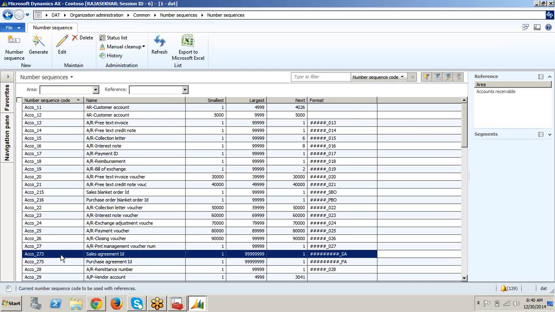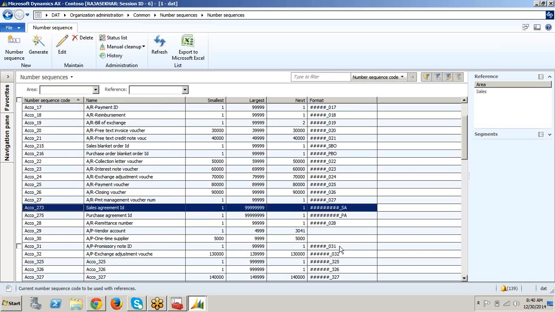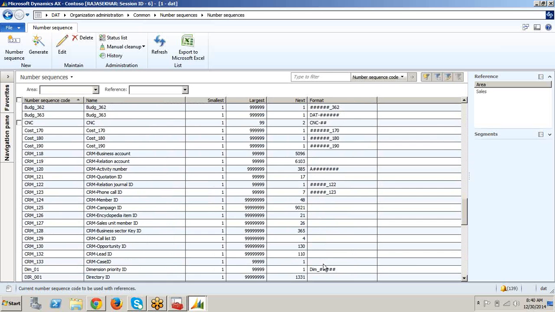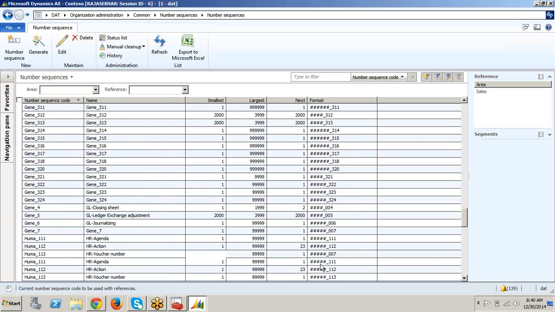This is also one of the number sequences, number underscore SA. See, DAT hyphen number sequence, CNC hyphen number. So based on the requirement of the functionality, we will provide the number sequence like this.